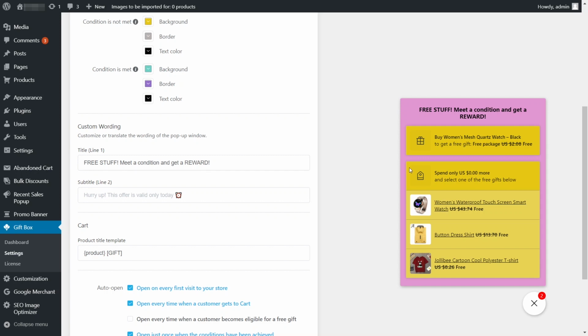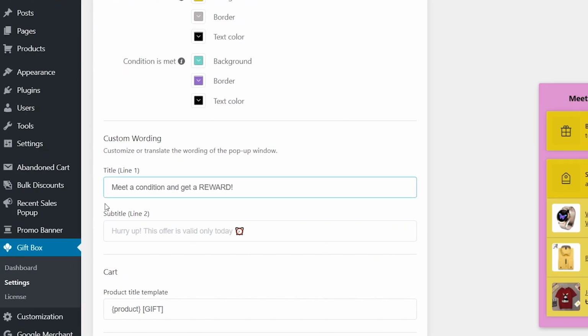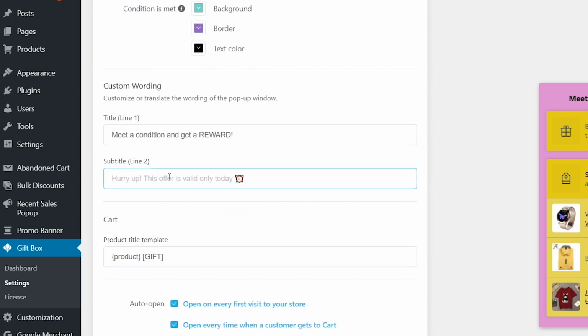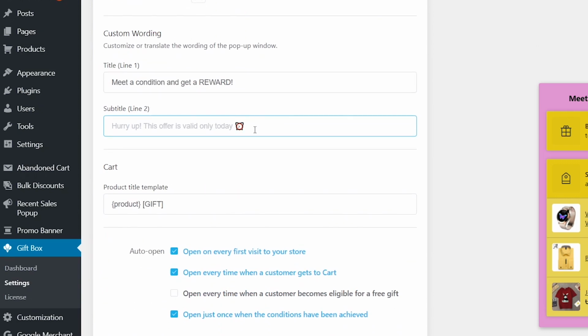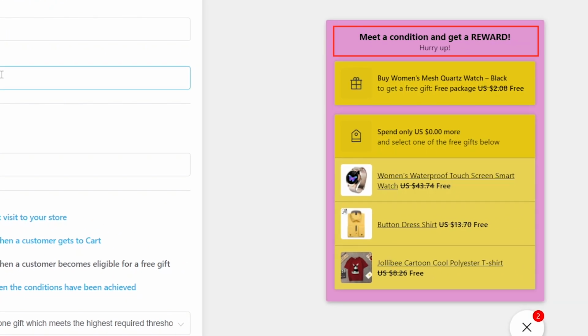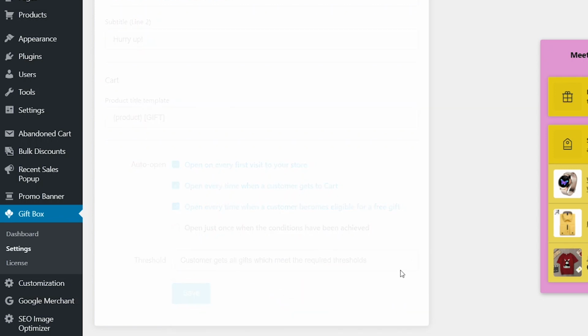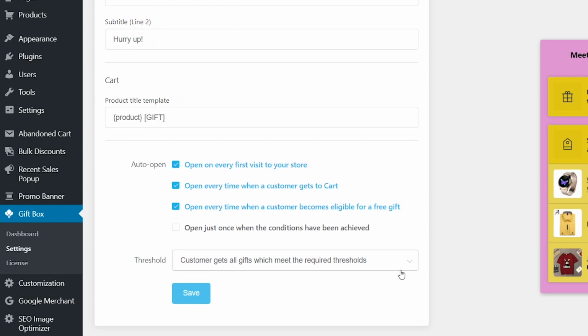To do it, go to the next step of settings. This box can be used to customize the title and subtitle in the widget that customers will see on the site. Let's write a new title for an offer. In the preview, you'll be able to see how the icon has changed according to our settings. In the last section, you can customize when and how often the pop-up window should auto-open, as well as how many gift offers customers can get. Now we're done with the cosmetic appearance of the Giftbox offer.